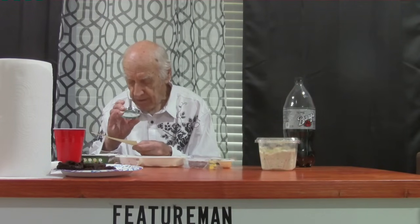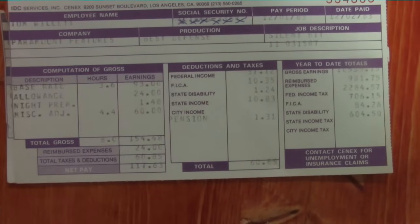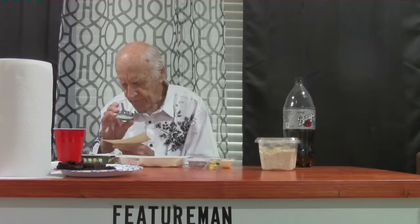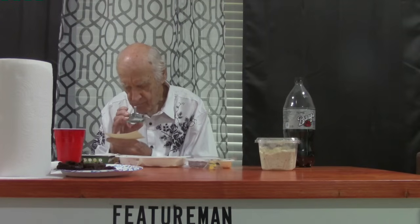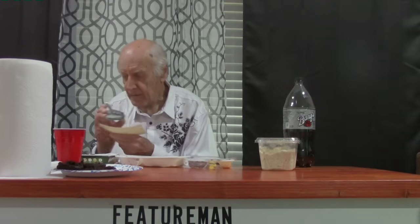for the movie Best Defense, and this was either 1978 or 1976. No, it wouldn't be 1970 because I didn't work in Los Angeles in the 1970s. Boy, 1983, and this apparently is December 2nd, 1983, and my net pay looks like $111.03. That'd be for a day,